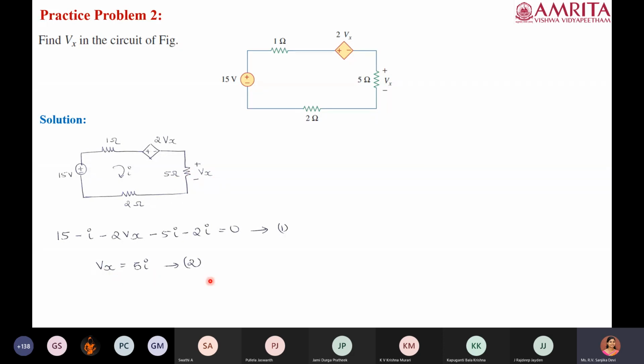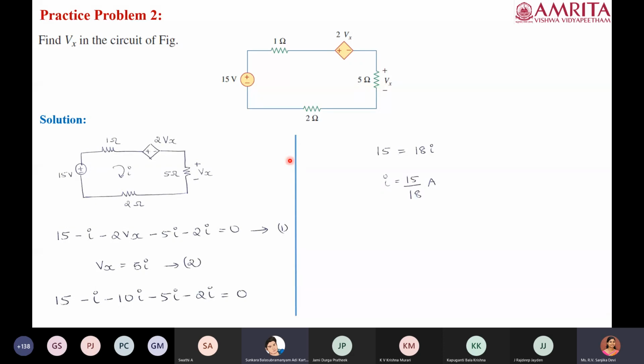So upon substituting, what do we get? What is the value of I? I will 0.83, ma'am. Okay, 0.83. Ma'am, we should neglect the sign, ma'am, while taking Vx. Second equation. Yes, ma'am. Which sign are we neglecting? Means we have not taken the negative sign, ma'am.